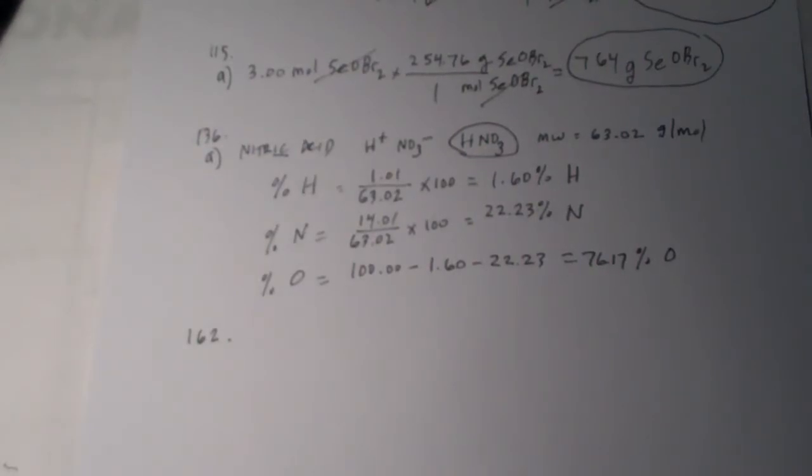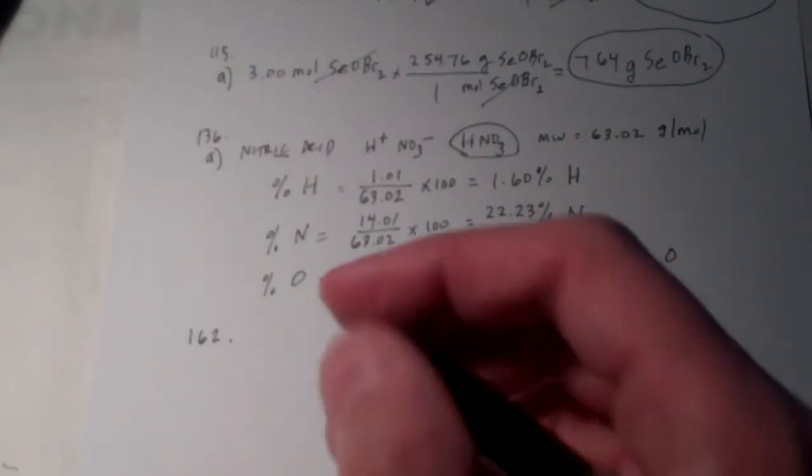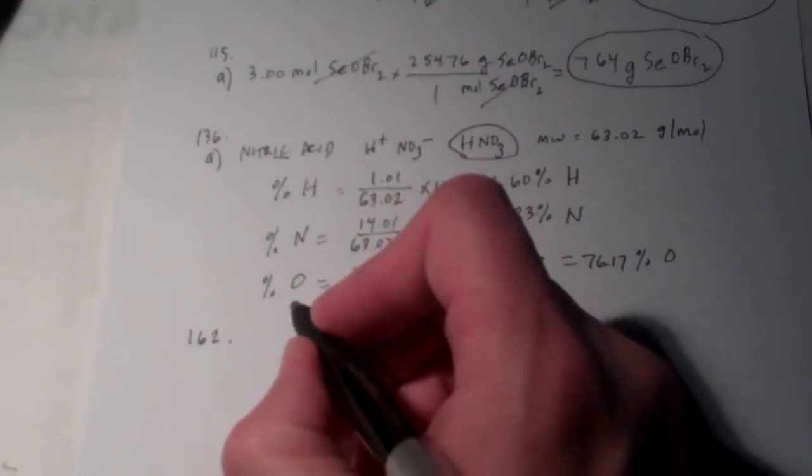It says it reacts with amino acids and proteins to produce a dark-colored complex. It's used by forensic chemists and detectives to see fingerprints that might otherwise be invisible. And then it gives the percent composition. It says it's made up of